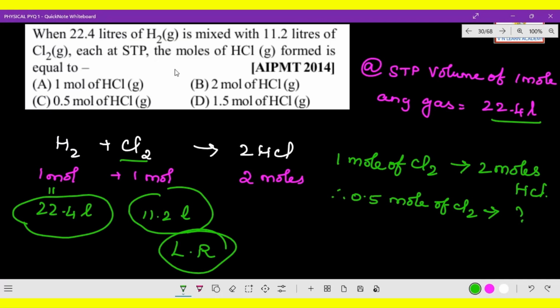Moles of HCl formed: if 11.2 liters of chlorine is combined with 22.4 liters of hydrogen, how much HCl is formed? 1 mole of Cl2 can provide 2 moles of HCl. Therefore, 0.5 moles of Cl2 can provide how much? Here, simple cross multiplication. So 2 moles of HCl per 1 mole of Cl2,